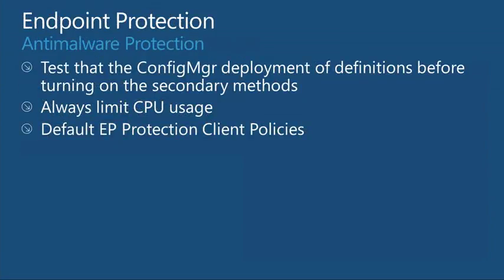Endpoint protection, and we're running out of time. There's a whole lot of options now. You can go to different locations. You go to Config Manager, Microsoft Update, and stuff like that. Turn all those off and just have Config Manager at the beginning, so you know Config Manager is actually working. Otherwise, you might think it's working, but it's actually going to Microsoft Update. Always use the CPU usage, limiting CPU usage, and